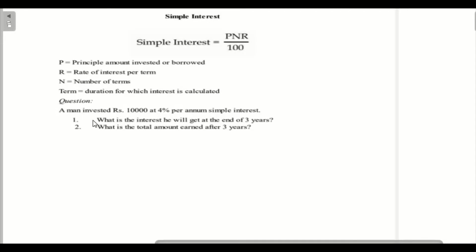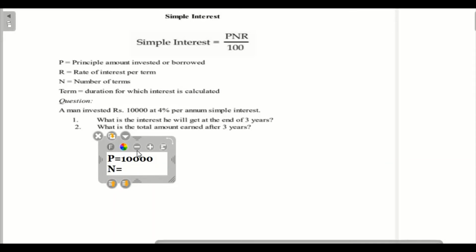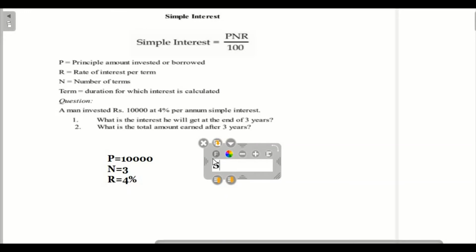So here we have to calculate the simple amount he gets after 3 years. So we are using the formula. They have given principal amount equal to 10,000, number of years equal to 3, and interest rate equal to 4%. What we have to calculate is the simple interest for 3 years, and then what he'll get. Okay, simple interest SI equal to